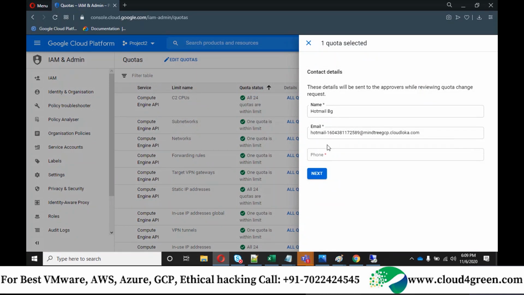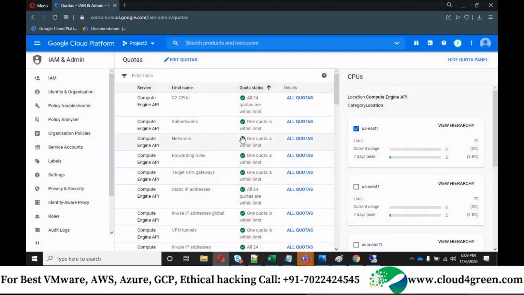It will be intimated to your approvers. If you are a direct customer to Google Cloud, the intimation will go to GCP support engineers. If you are managed under an organization, it will go to your owner. Here the owner is the person who set up the account for you.